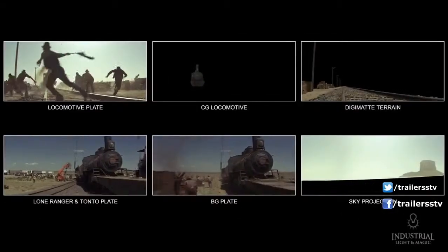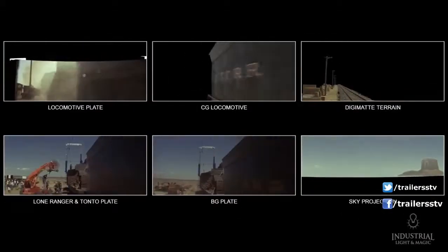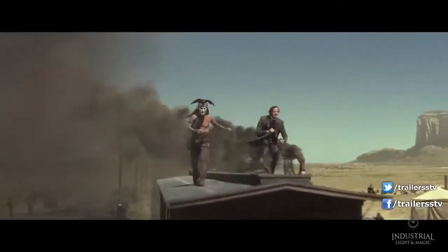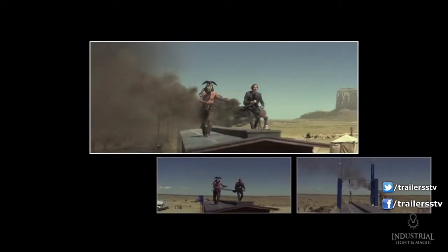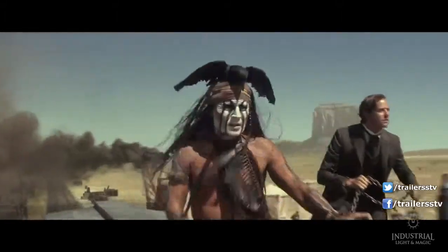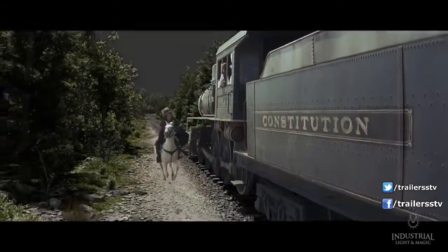There's quite a few shots where we have, say, half the frame where we tried to get it in camera, and then we're splitting in the other side of the frame to put the other train and modify the mountains and add trees and things like that. One of the mandates that Gore gave us was, he said, we want to take people on a real ride, a real adventure, so make it bigger, make it bolder, and yet you're still needing to be photoreal, completely convincing. And when you're doing a treed environment, that's where it starts to get very, very difficult. It's a very complex, organic thing, and so now you're putting 10,000 of those out there into the environment, and it's got to be